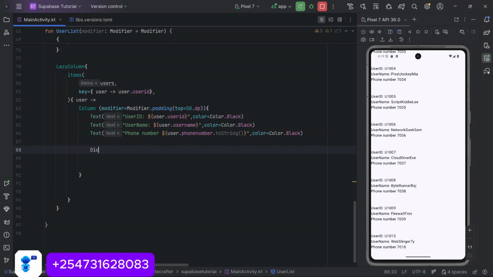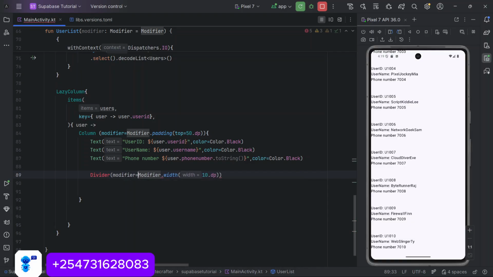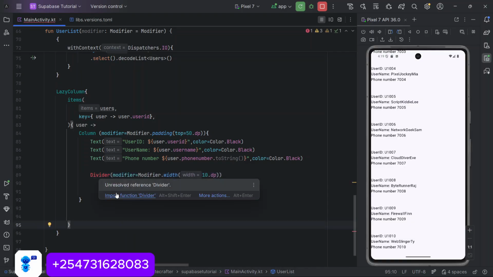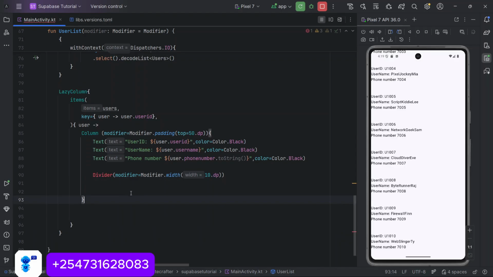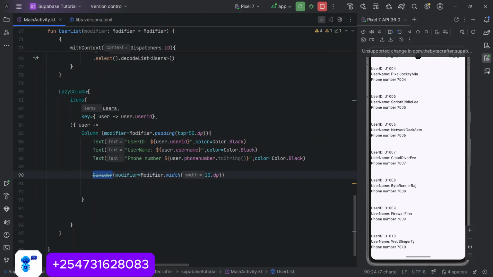and maybe we can just have a divider here, maybe to just make it look a bit better, maybe let's say 10.dp. In this case, this should be supplied as an argument of modifier. Then you have to import this. These are composable. And we might use horizontal divider as an equivalent of the same to just add some